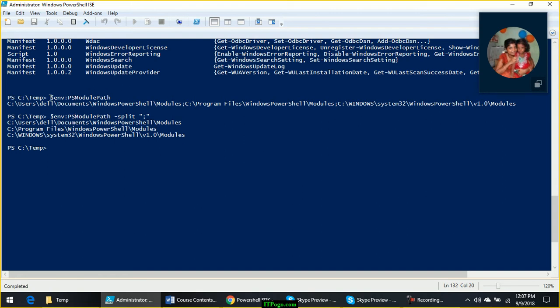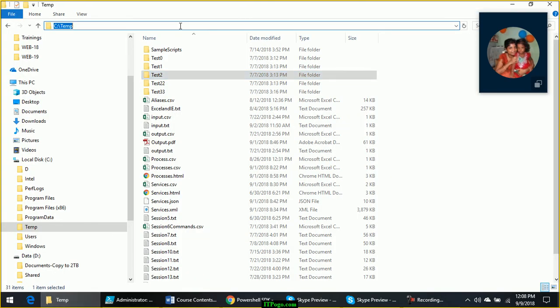So what PowerShell does, when you run Get-Module -ListAvailable, is go under each of the folders available in this environment variable. It will check every folder and find out if there are any modules. Now let me take you to one of these folders to show you where I am coming from.